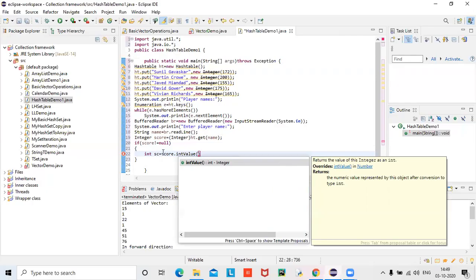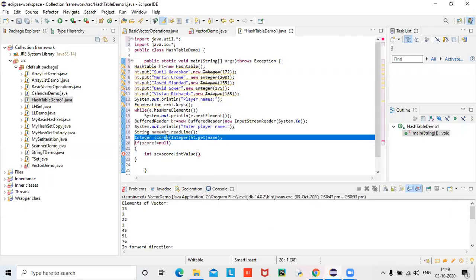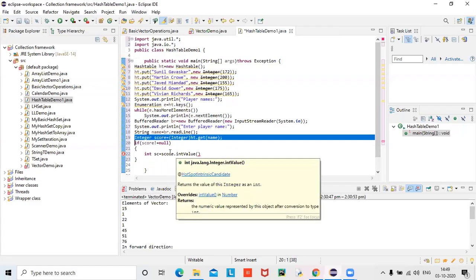Okay, score is what? Tell me, what is that score? Wait, where I have declared that score? Somewhere, there, here, above that. If score is not equal to null, that score is in advanced type of data, right?